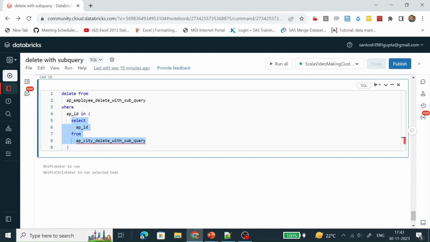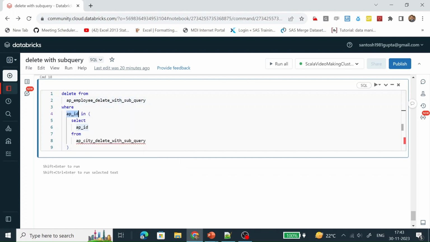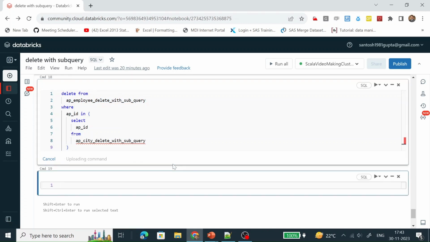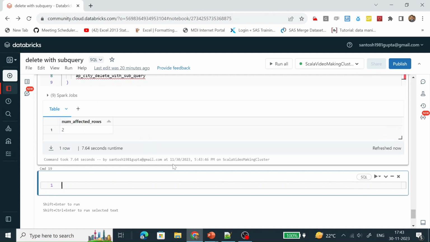Those 2 APIDs will be supplied in the APID IN condition, and the matching records will be deleted from this table. Let's run this delete statement. So 2 records get deleted.